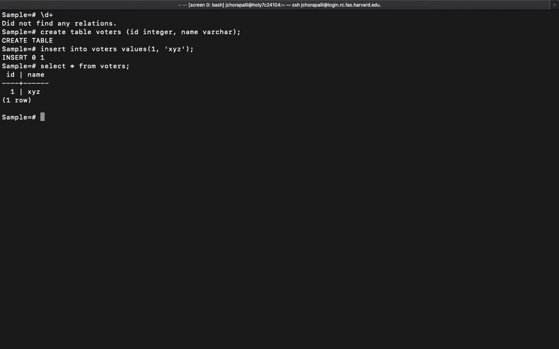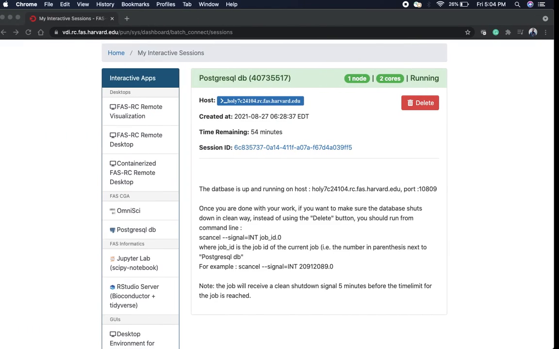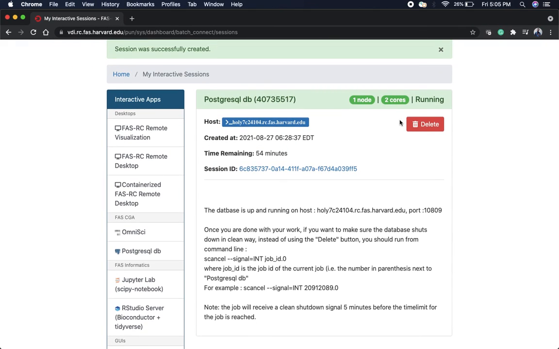In this way, we can perform queries on the PostgreSQL database using the PostGIS extension on this particular node. And if your job is done, you can always exit the node just by going to the user interface over here in the virtual desktop, and you can just delete the node. Once you delete the node, this particular node will no longer be accessible via our terminal, and our job will be finished at this particular time.